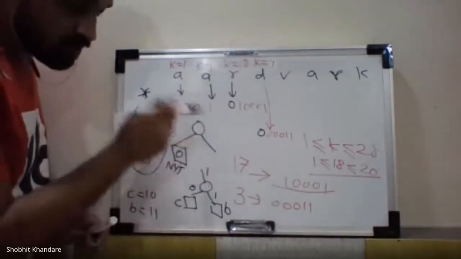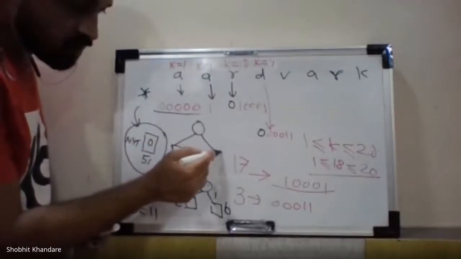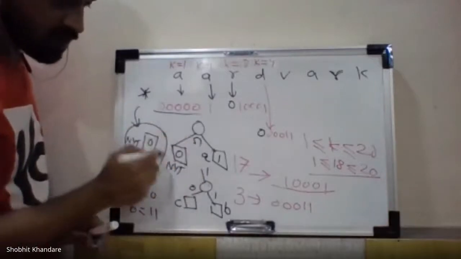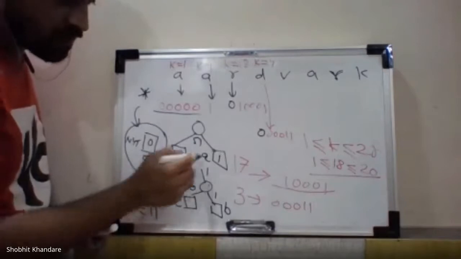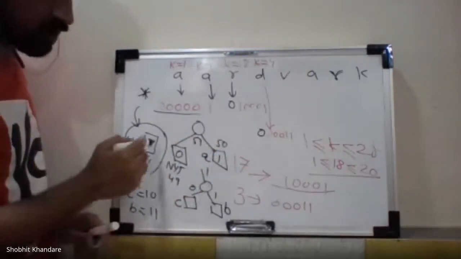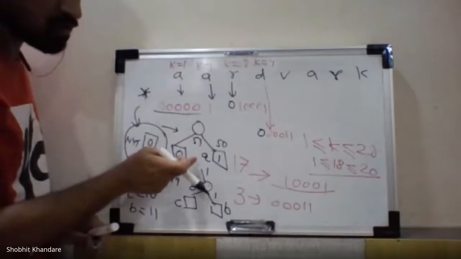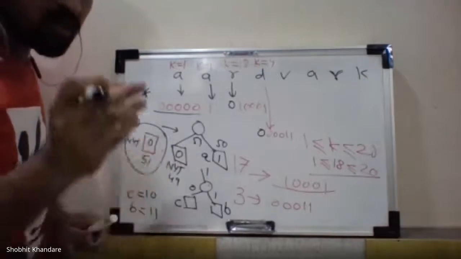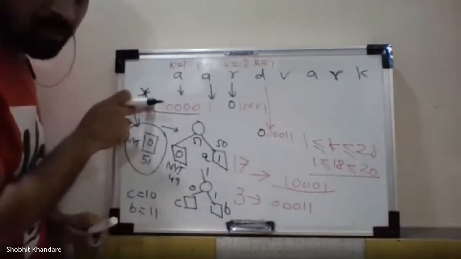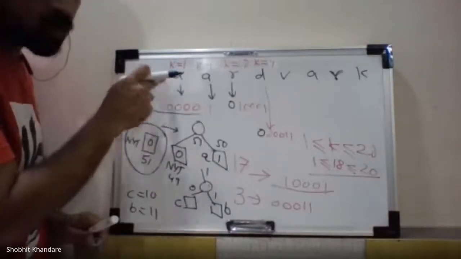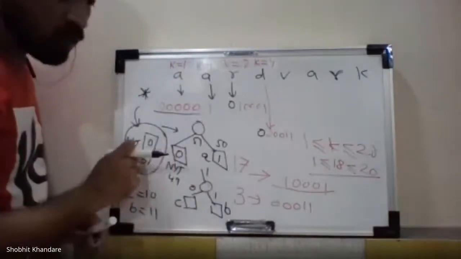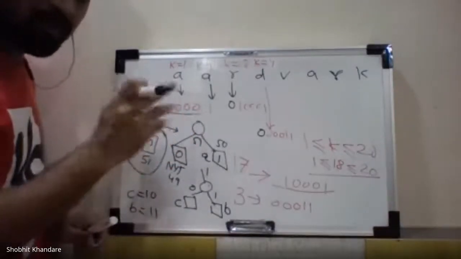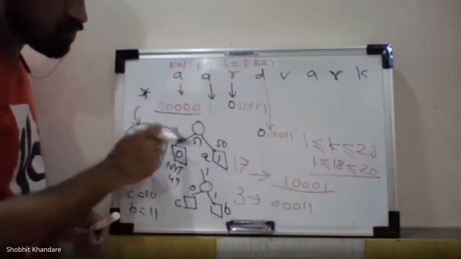Please refer to the previous updation tree diagram. And this was 1. This was 1. Okay. This was 51, this was 49 and this was 50. Okay. So after this you have got this. So you have to update the tree. So always remember, after encoding you have to include that symbol so that you will update the tree. And no need to draw the tree because it is already done in the previous updation of the tree. You only have to refer to it there. Okay, so we have updated this.